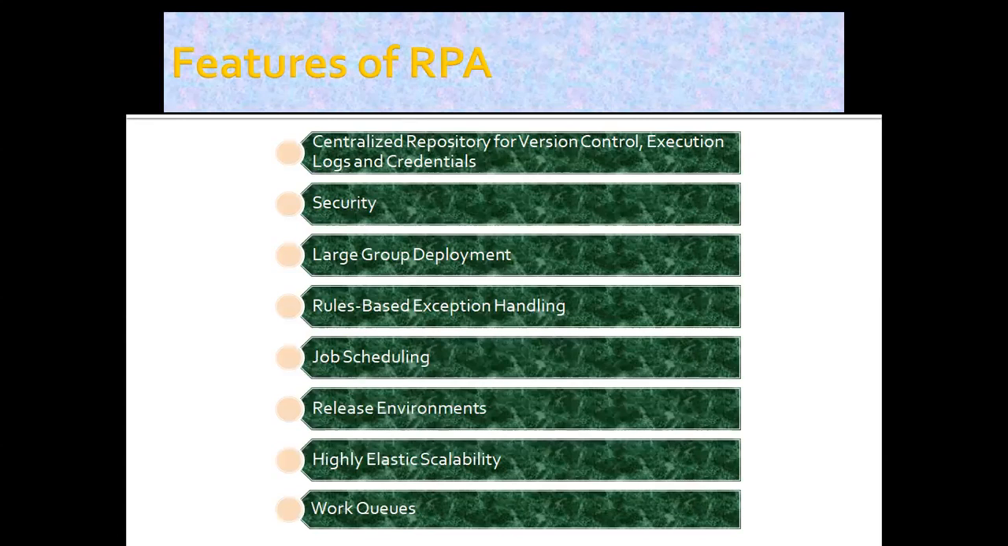Okay. So release environments: basically you'll have dev environment, test environment, production environment. So those environment-wise deployments you can also see. Highly elastic scalability, that is the feature. And the last one is work queues, wherein